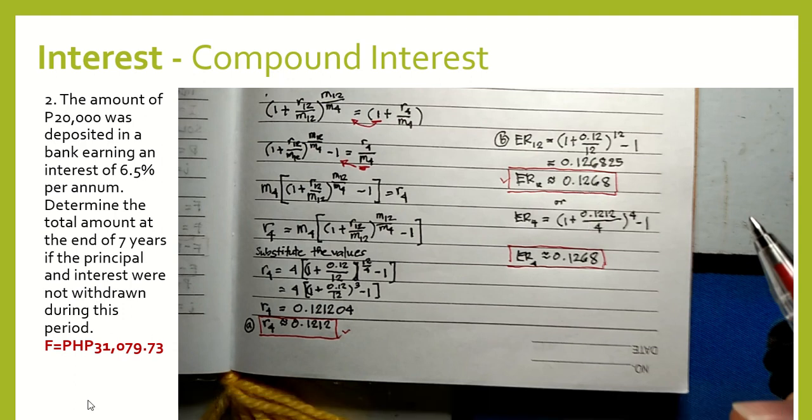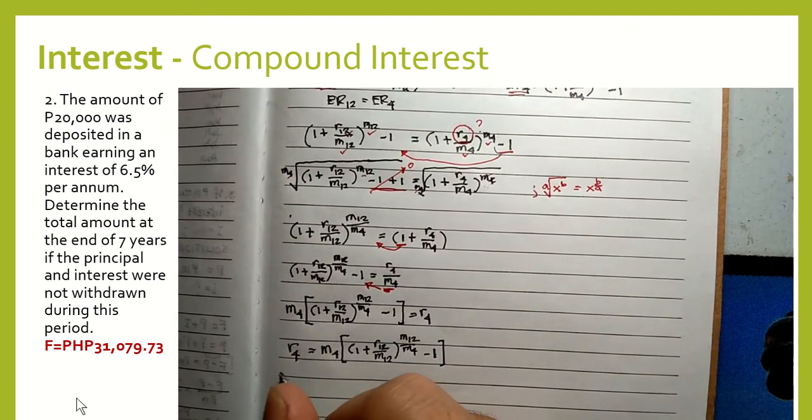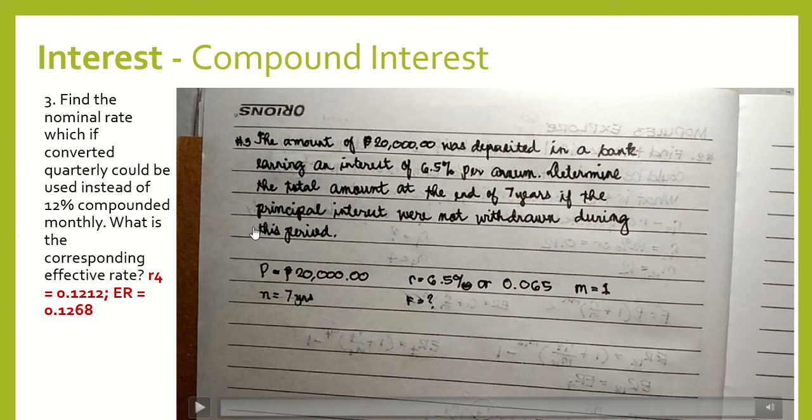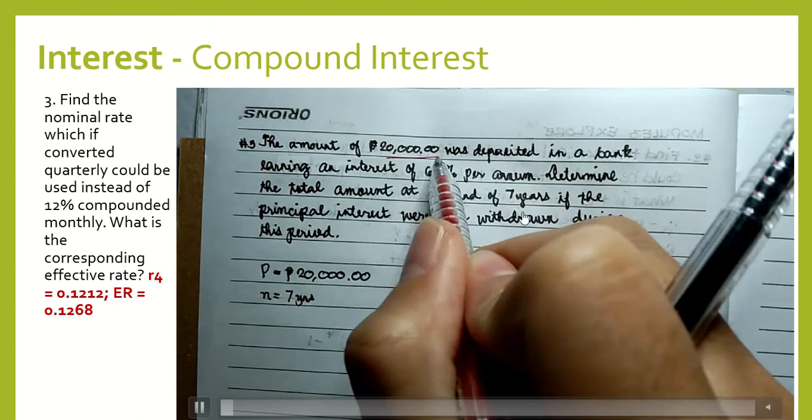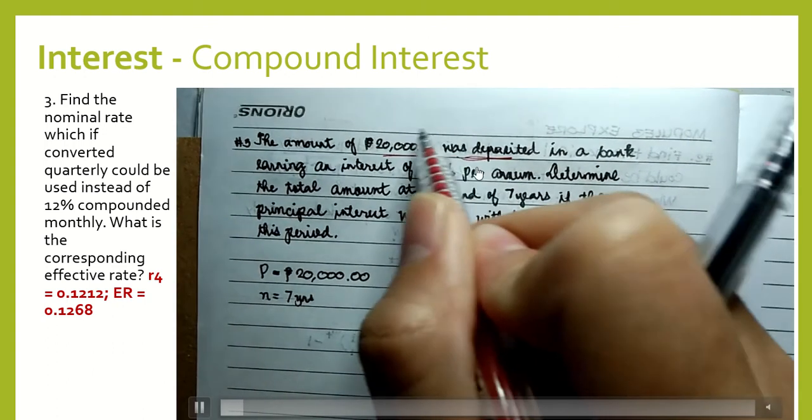So that's the second example. Next, we have, sorry for this, this is not the description. This is the question here. The amount of 20,000 was deposited in a bank, earning an interest of 6.5% per annum. We have to determine the total amount at the end of 7 years if the principal and interest were not withdrawn during this period. Take note, you have 20,000 here, which is what was deposited,